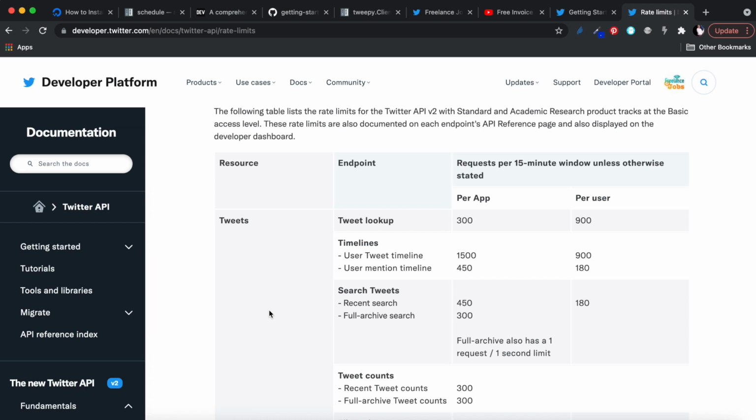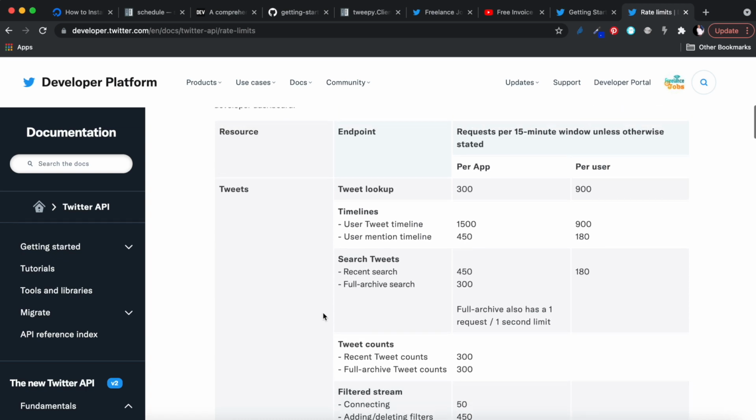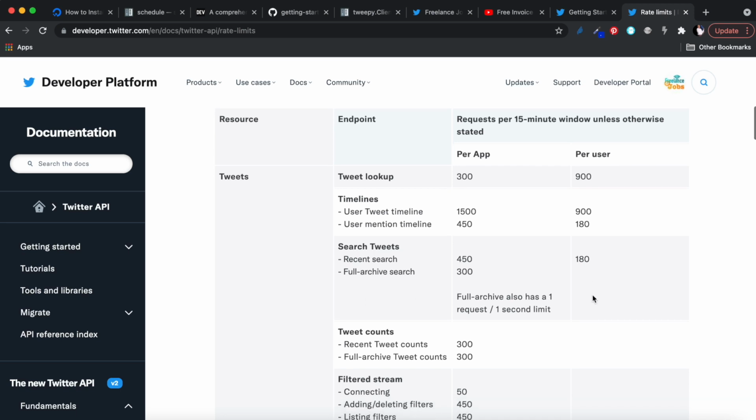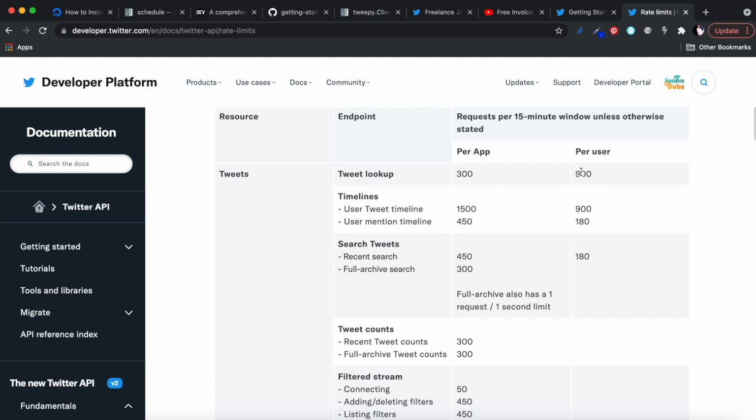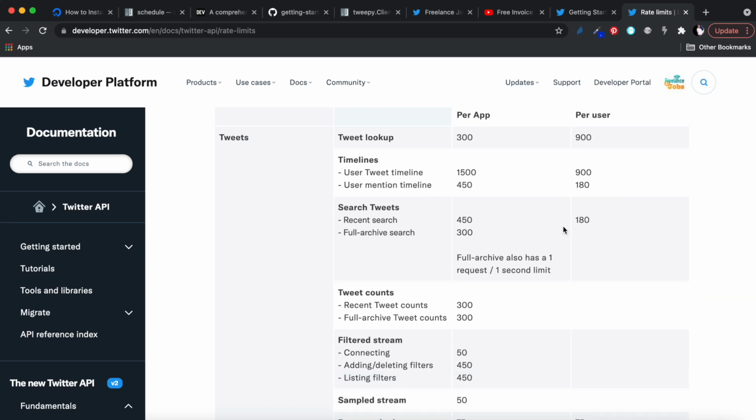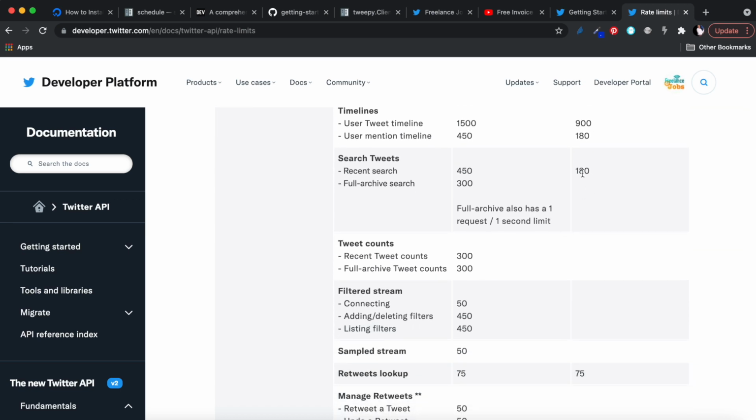I'll also link this in the description below, because I think this is very important. As much as you have the Twitter API and whatever code you're going to be writing, and even if you follow the code that I'm going to leave on this channel, and I'll make it available on GitHub as well, there is going to be a rate limit. The rate limit is basically around a 15-minute window, so every 15 minutes they will reset. Within 15 minutes, you can make up to 900 API requests for looking up timelines, for searching. You can do up to 180 different searches within a 15-minute window, which is reasonable for an average